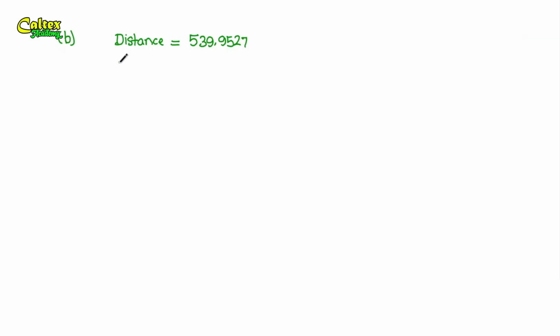Now, the time, according to the question, is 3 hours. And we're expected to get the speed in nautical miles. So this speed is what we're looking for. Maybe we can represent it by a question mark. Now, after this, we can quote from the formula. Speed is given by